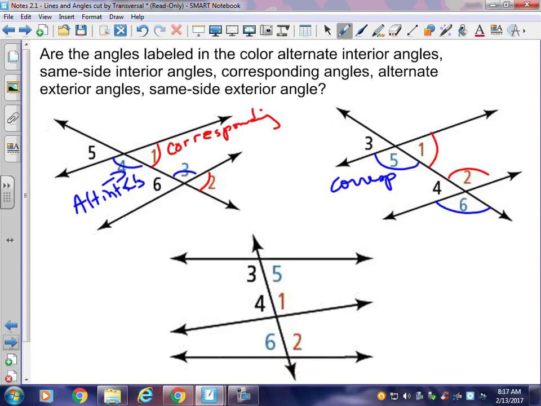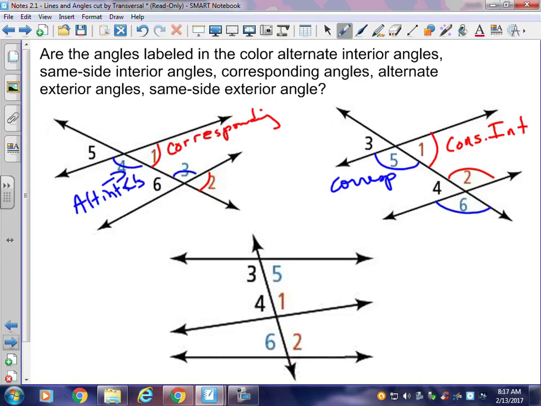Then with angle 1 and angle 2, they're both on the right side of the transversal between the lines, so that makes them consecutive interior angles, because if you're on one side of the line, you're consecutive, and if you're between the lines, you're interior. Now in this problem, we have lots more lines, but focus on the 2 lines that actually touch the